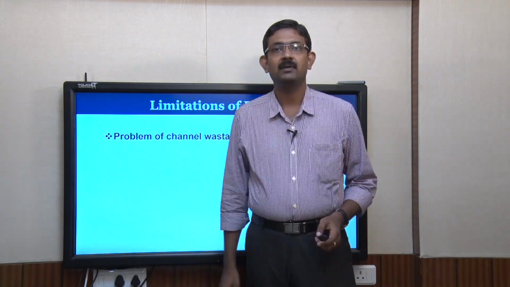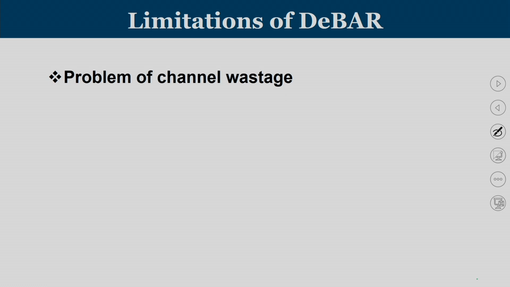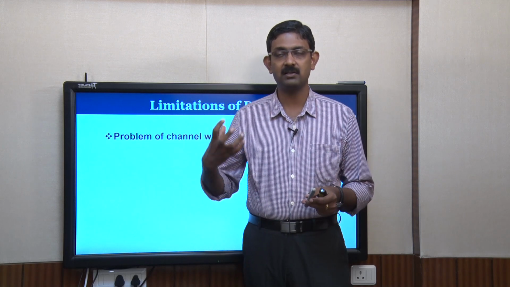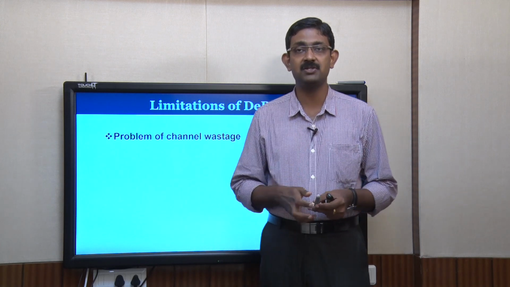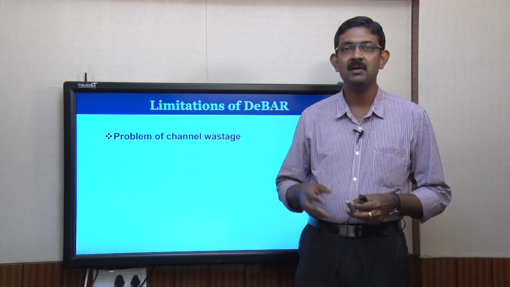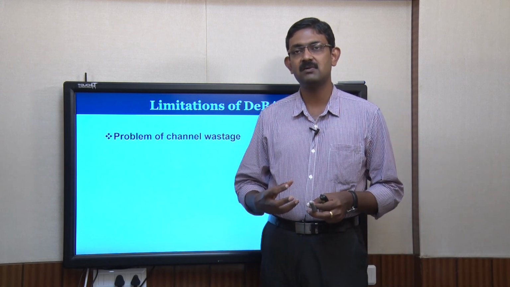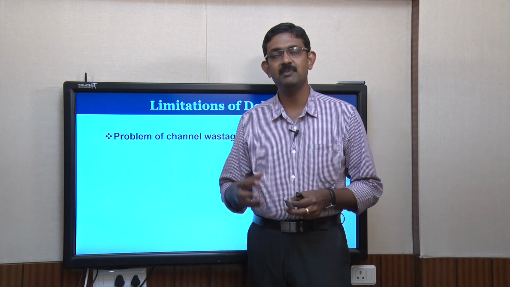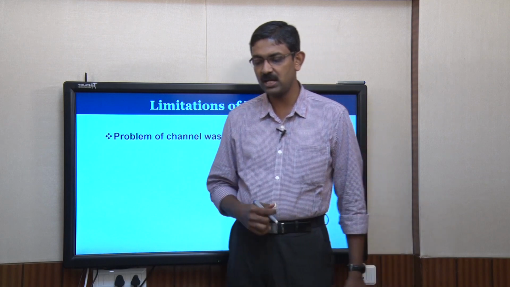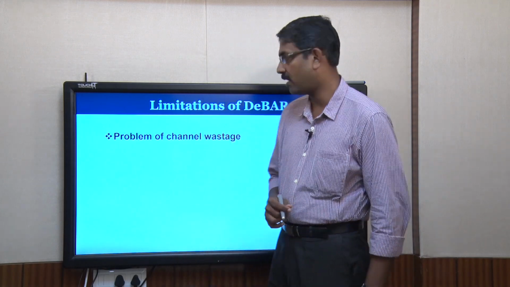MinBD. Now, let us try to understand what are the problems associated with the D-bar router. So, we have to see the sequence. The concept of the CHIPPER router itself evolved from the limitations of the BLESS router, the conventional BLESS router, and the limitations of CHIPPER were addressed by the MinBD router. Limitations of the MinBD router were addressed by the D-bar router. Now, we will try to see what are the limitations of this D-bar router.